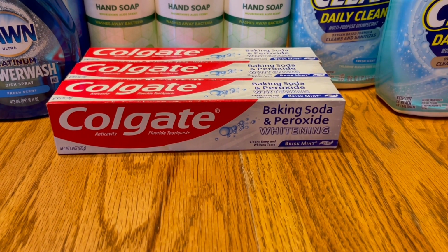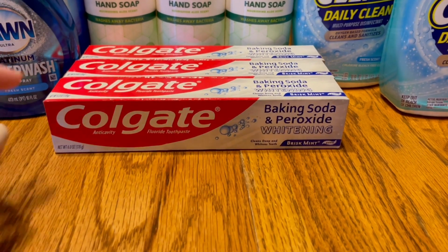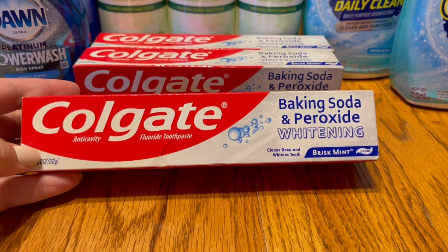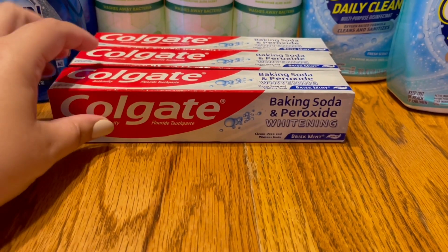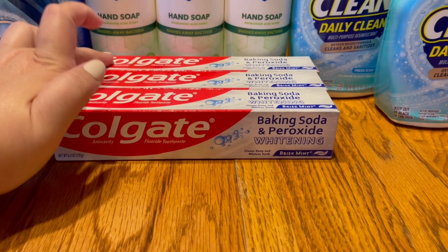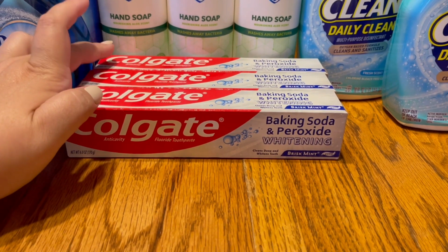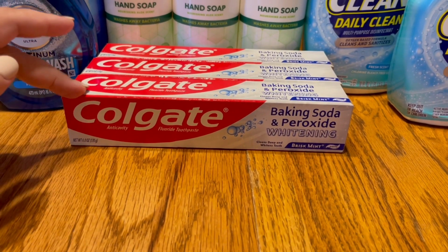Toothpaste is something I wanted to touch on as well because I was not aware of this. The toothpastes are $1.75 a piece, but on the shelf, it says they're 2 for $3. So when you buy 2 of them, they'll be $3. But then when you buy a third one, it'll still take the discount off of that one as well. So instead of these equaling out to $5.25,